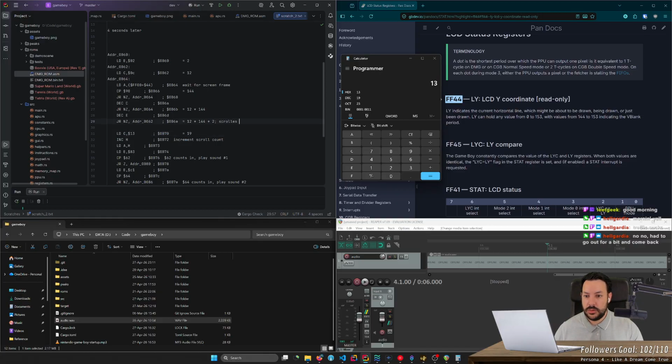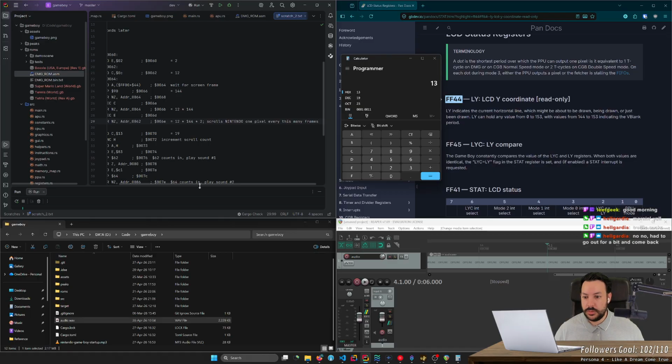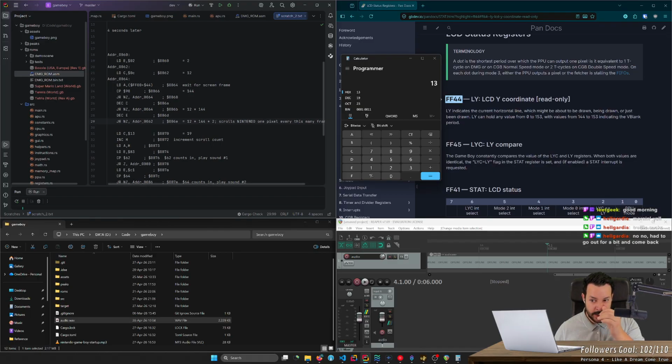Then it writes a 19. Okay, scrolls 1 pixel every these many frames. Okay, pretty cool. And then this is 19. This increments the scroll count. It loads 0x83, which is 131. And then compares 62.